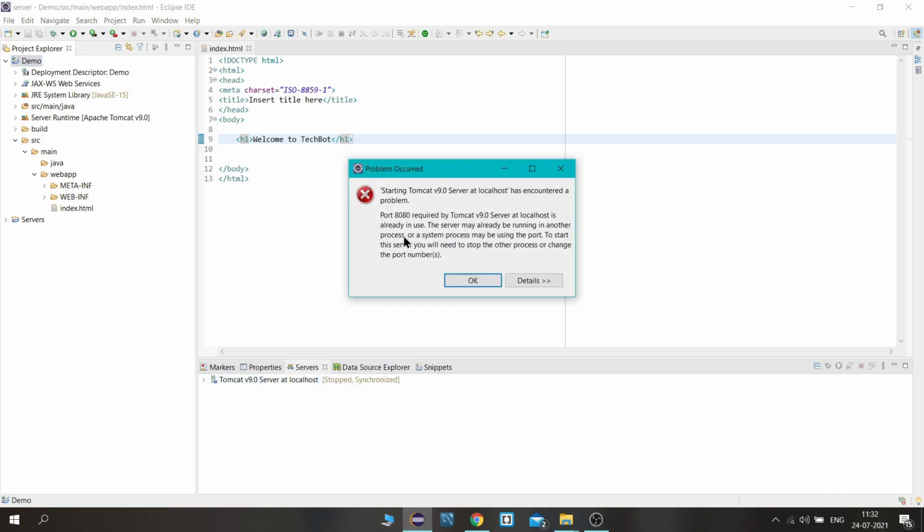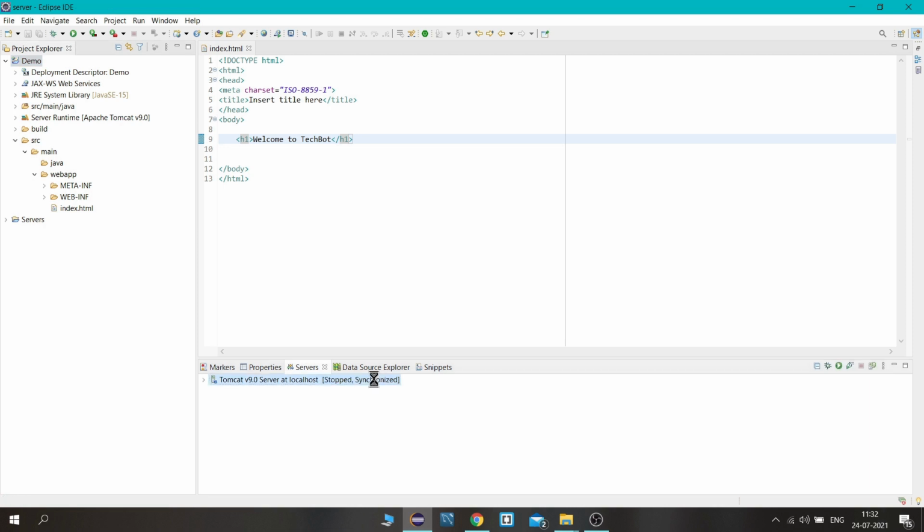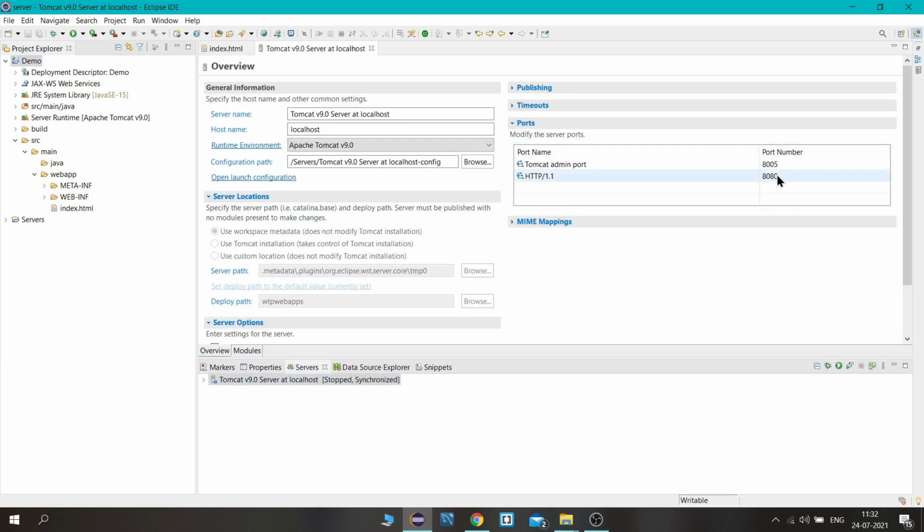Here we got an error. So it says that this port is already in use. So you just need to change this. So double click on this server and just change this. Let's say I am changing to 8007. Save this